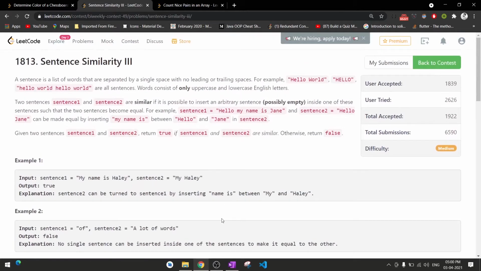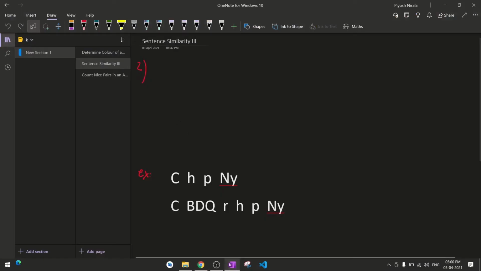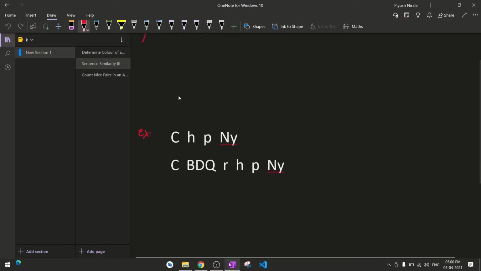So what we can do, let's take this as an example. The brute force approach would be to compare the initial characters of both strings and the final characters of both strings, and then look inside.